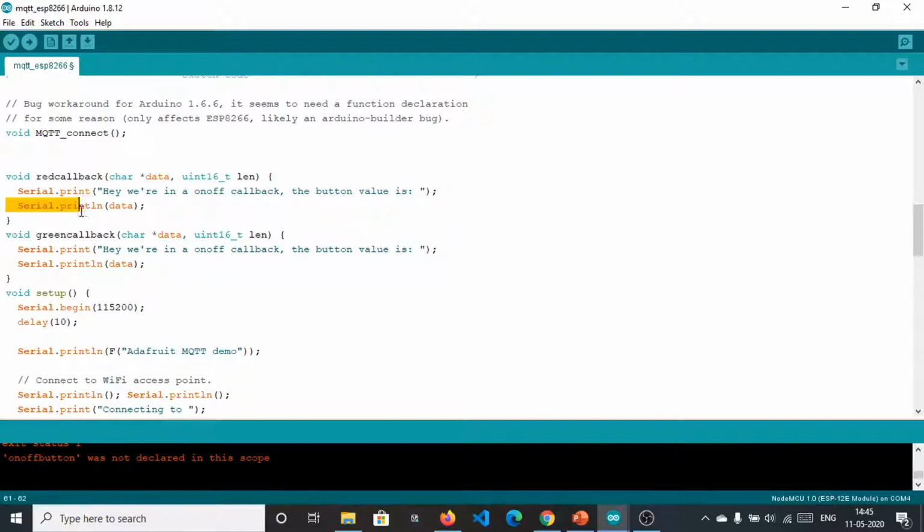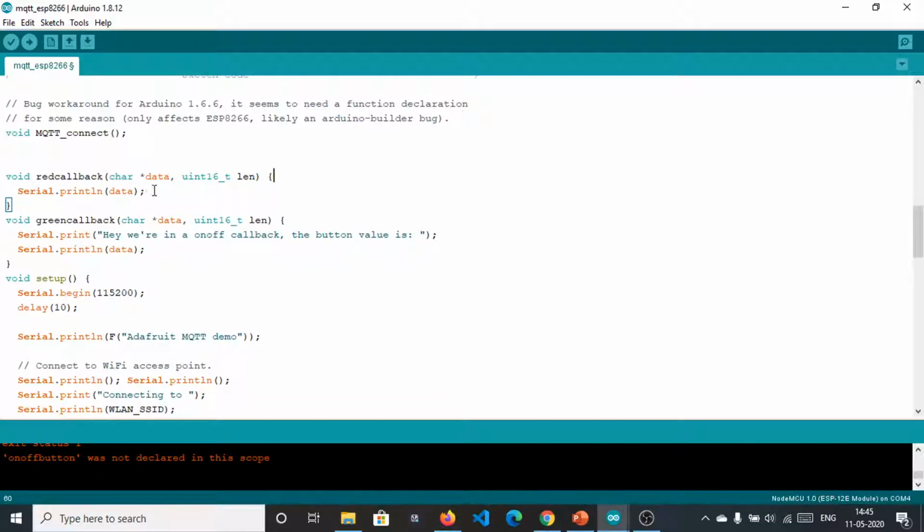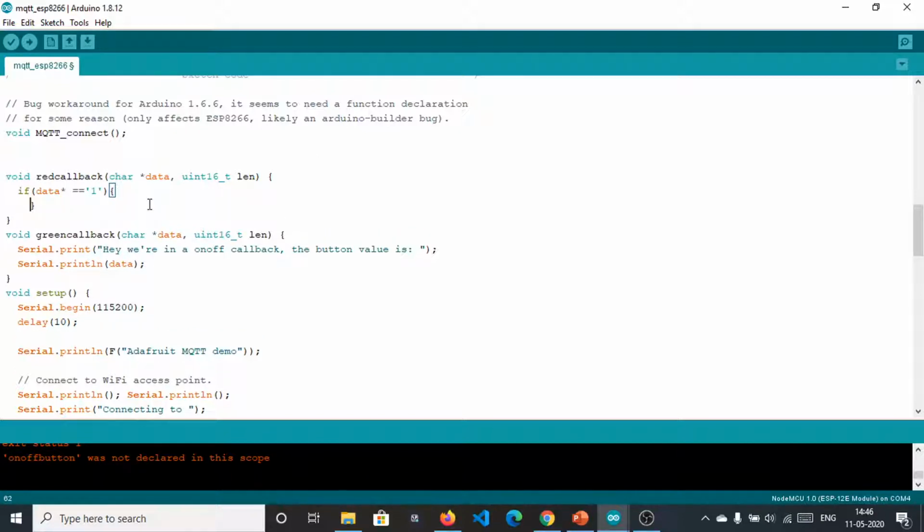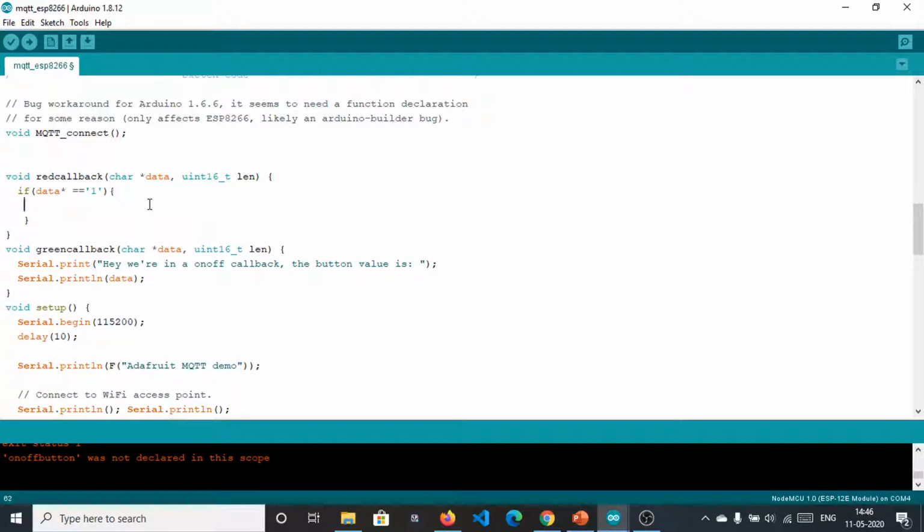So we will check if data pointer is equal to 1, checking the character pointer, and if it is 1, we will basically turn on the red light.